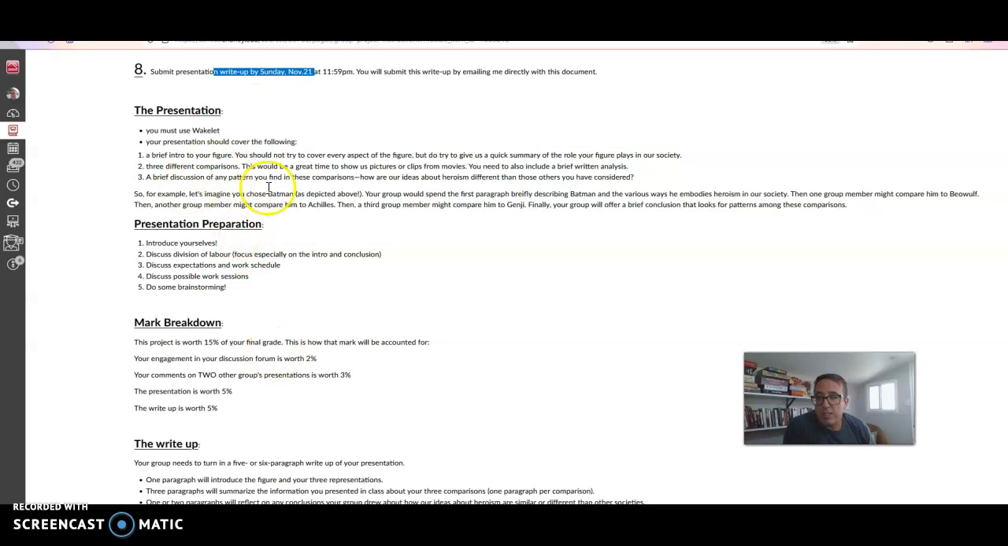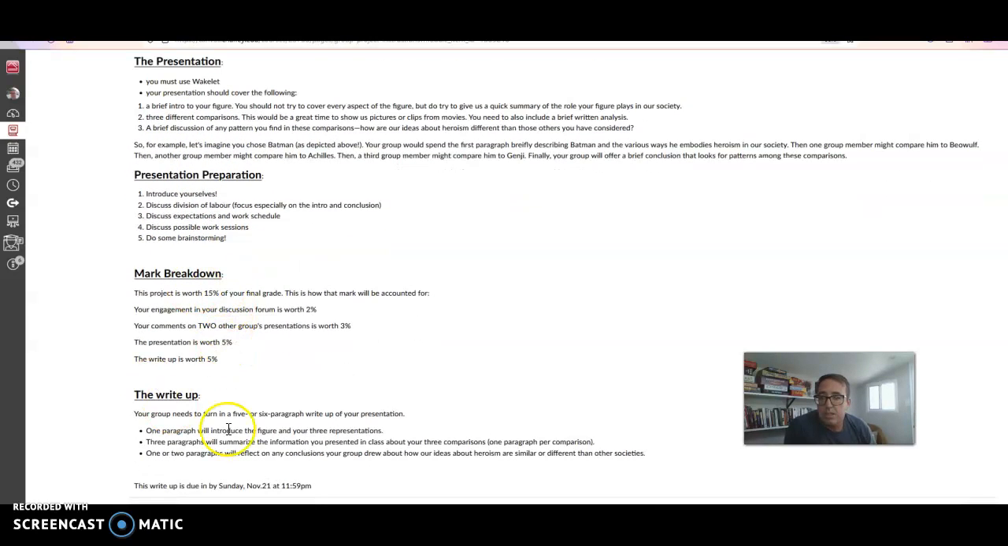So I've got more details here. There's a presentation, there's the presentation discussion, there's the write-up, and then there's a comment on your other group's presentation. So let's just look at the mark breakdown. This project is worth 15% of your final grade, so a sizable chunk. Your engagement in the discussion forums for your group is worth 2%. Your comments on 2 other group presentations is worth 3%. The Wakelet presentation that you put together is worth 5%,